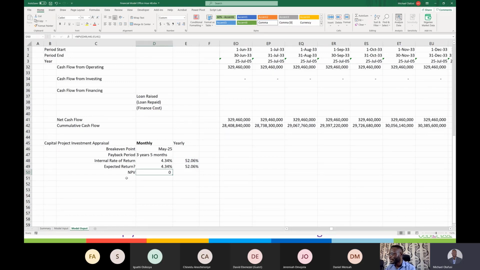So what net present value is showing you is that if the business is going to give you less than your own expected, if the internal rate of return is less than your expected return, you will get a minus. What do I mean? If you are the kind of people that expect to double your money every year, 100% is what you're expecting, then you see that this is going to be a negative. That means this business can't give you that amount. So that's why your net present value is minus.